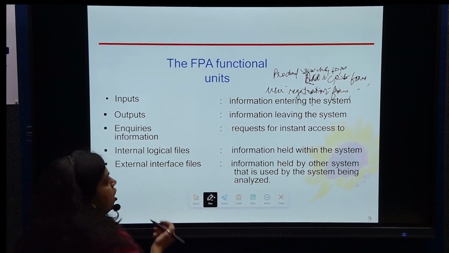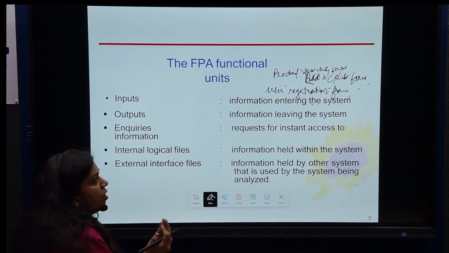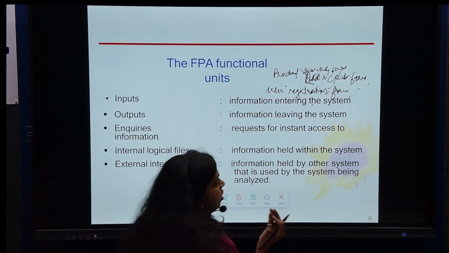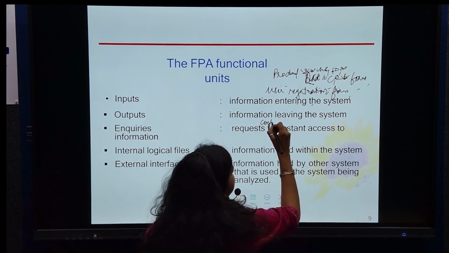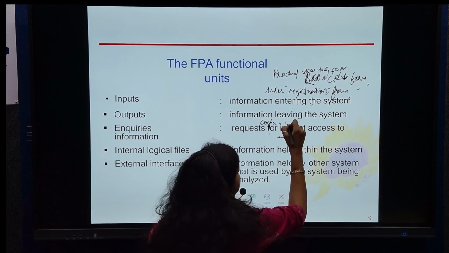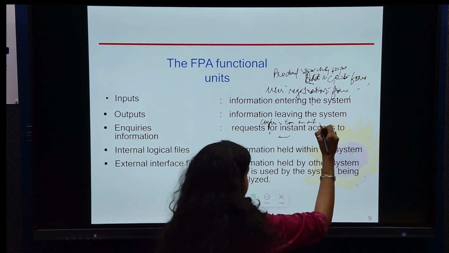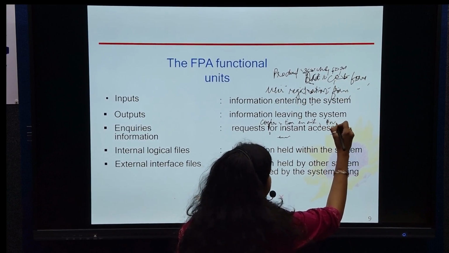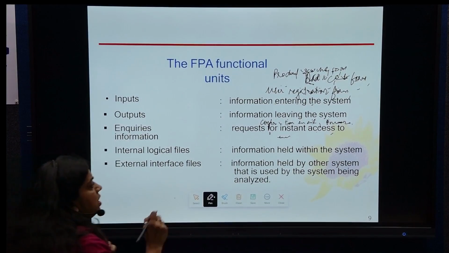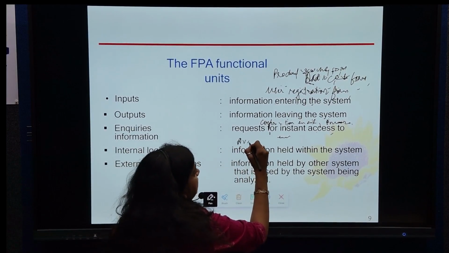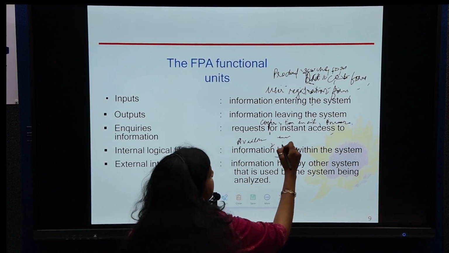In case of outputs, the information that is leaving the system, in the case of an online shopping platform, can be a confirmation email and the invoice. In case of enquiries, the user can check the availability of the stock of the product, as well as check the order